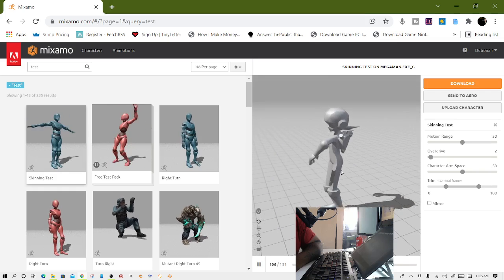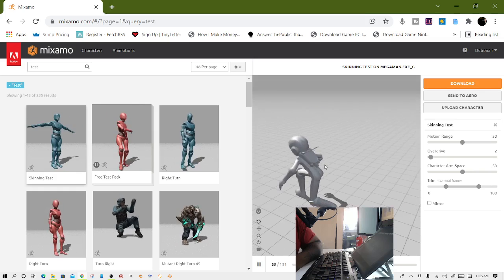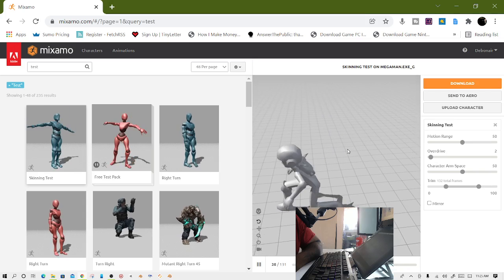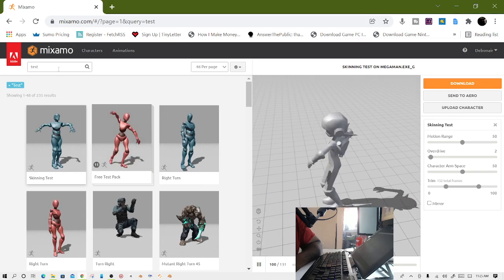Wow, that's pretty good. With the exception of, for instance, this backpack should not be moving so well with him, stuff like that. But moving on, we'll grab the